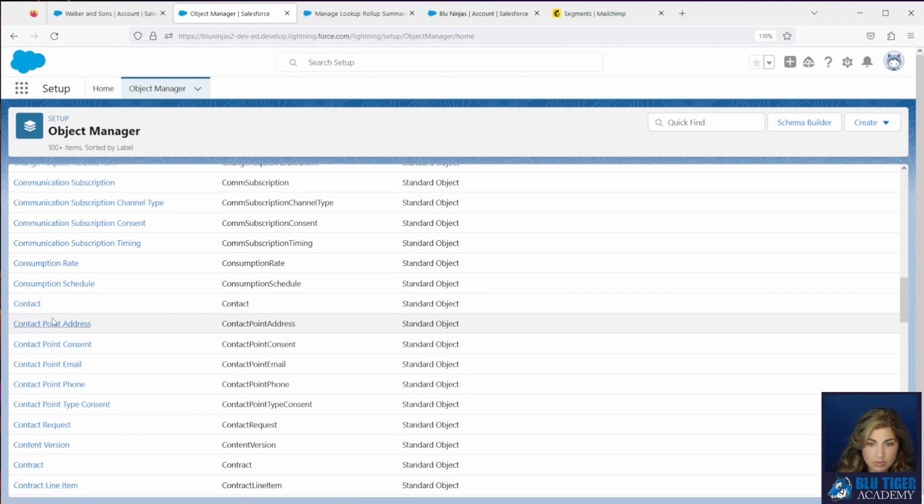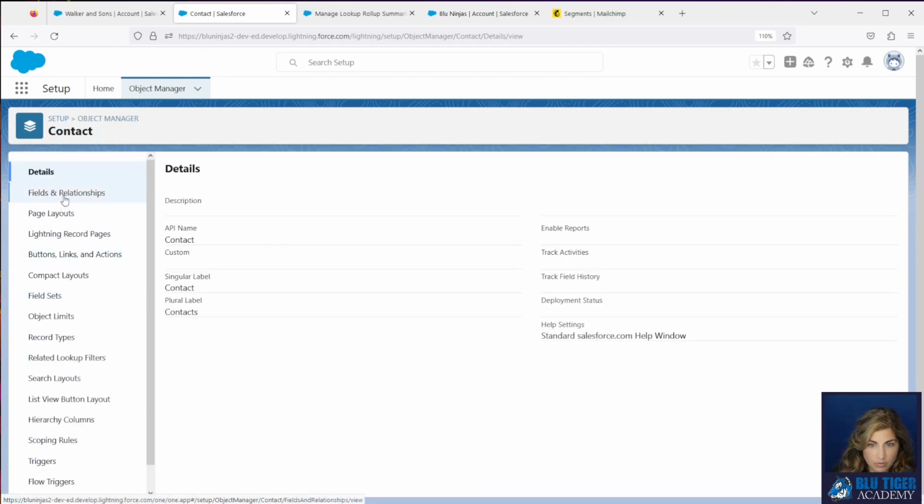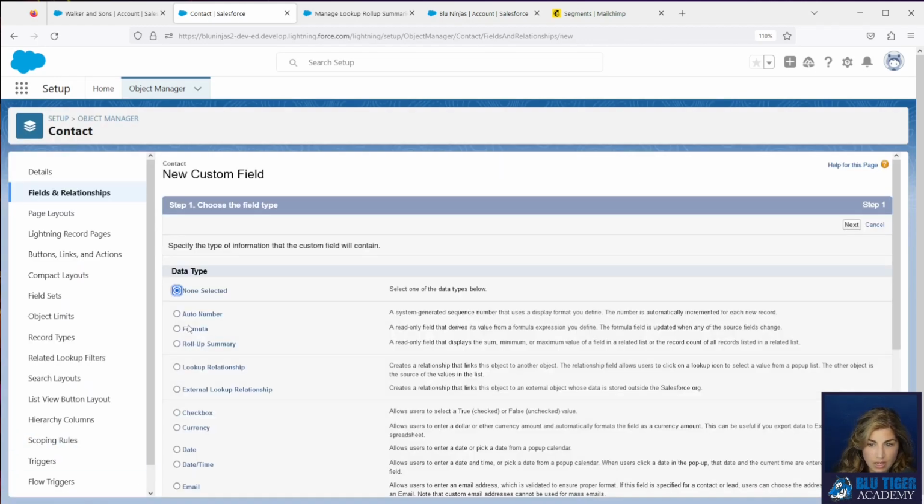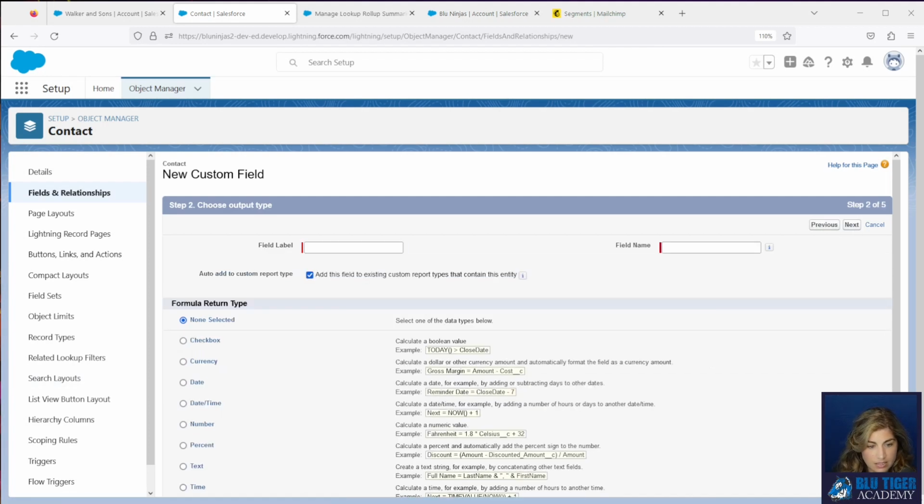So I'll come down to my contact, go to fields, create a new field. This is going to be a formula. Click next. And I'm going to call this MailChimp tag contacts open ops sales. So it's a long field name, but it tells you exactly what it's doing.